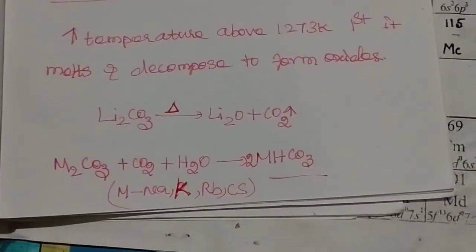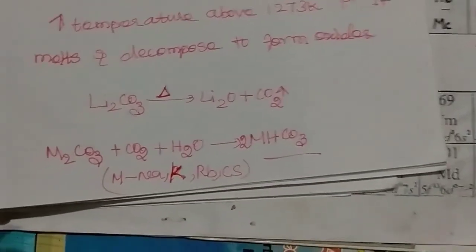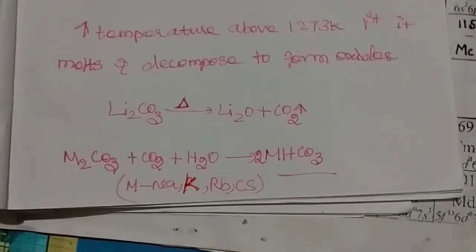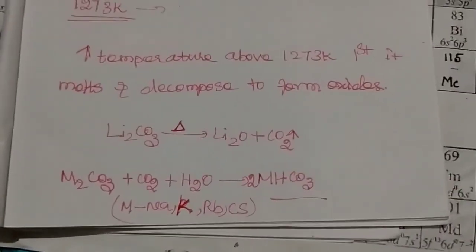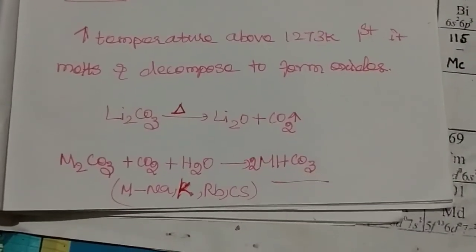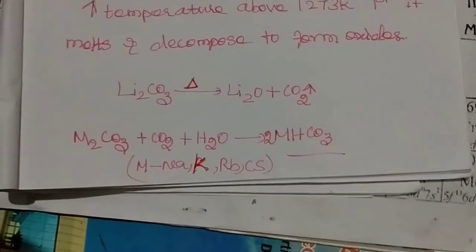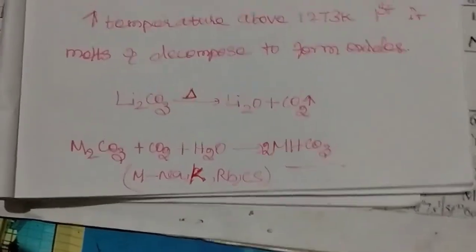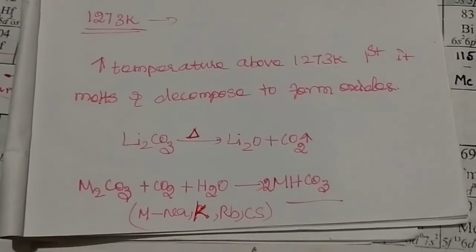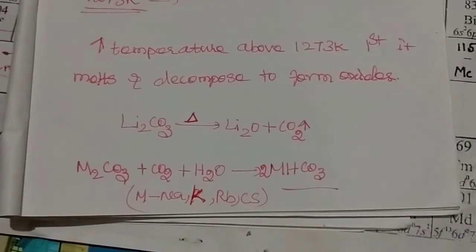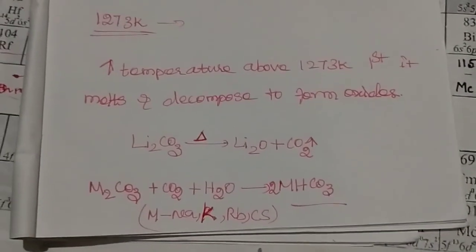All the carbonates and bicarbonates are soluble in water, but their solubility increases rapidly with descending the group. This is due to the reason that lattice energy decreases more rapidly than hydration energy when moving from group 1 lithium to cesium. So these are all the general characters of alkali metal compounds. Today's session is over. Thank you, students.